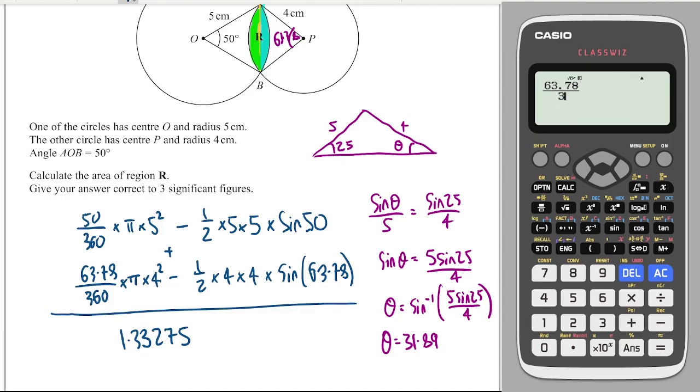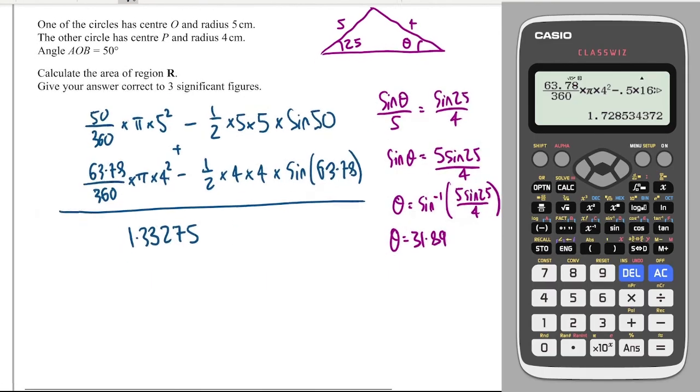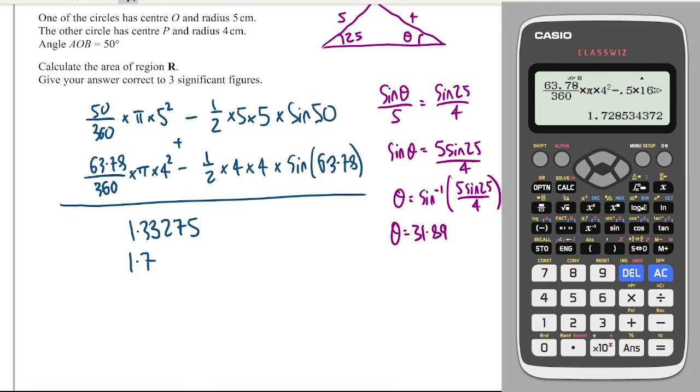63.68 over 360, and then I'm going to multiply that by pi and multiply that by 4 squared. I'm going to subtract a half of 16 times sine of 63.78, and I'm going to get 1.72, and in fact what I'm going to do is 1.728 and 5, and I'm going to just add that straight to that